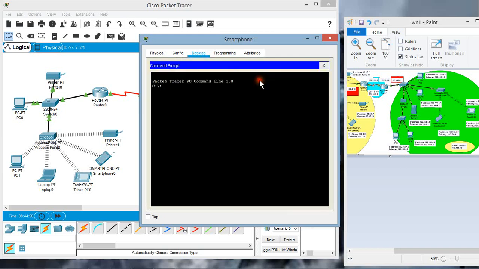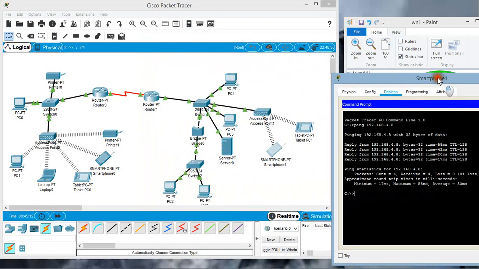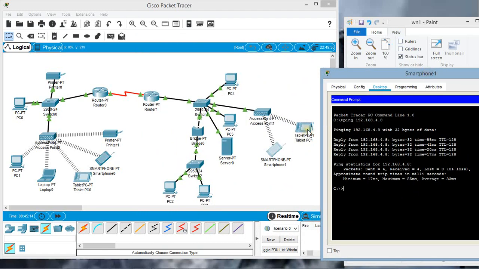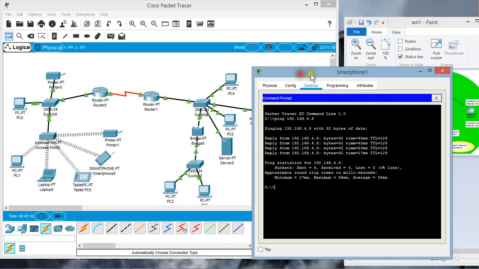In the Desktop option of the smartphone, let us use the ping command. Ping 192.168.4.8, which is the IP address of the wireless tablet. We are getting a successful ping response from the smartphone for the wireless tablet.